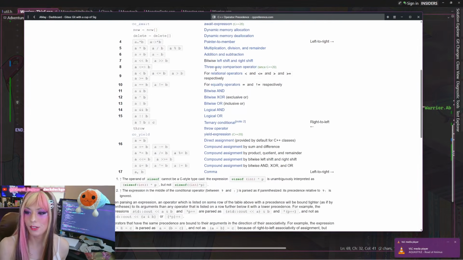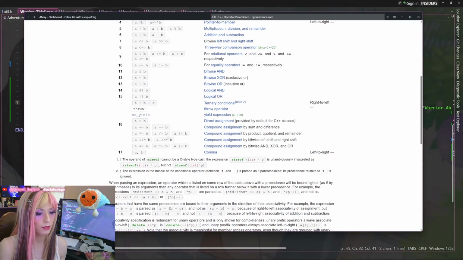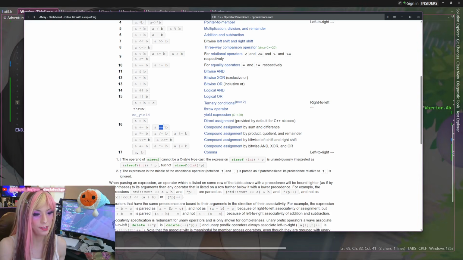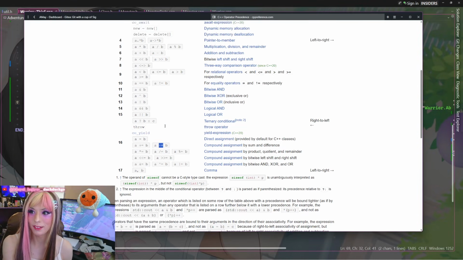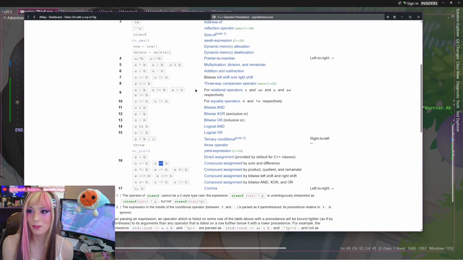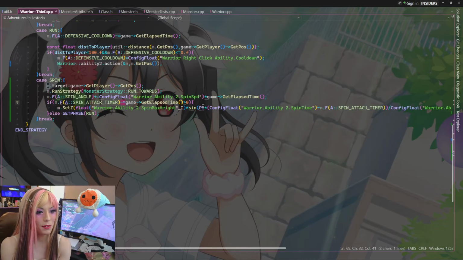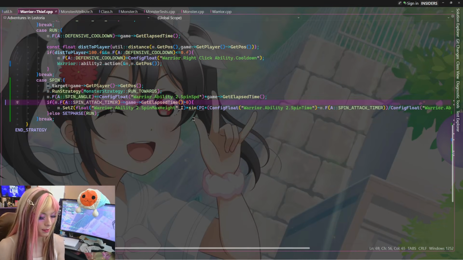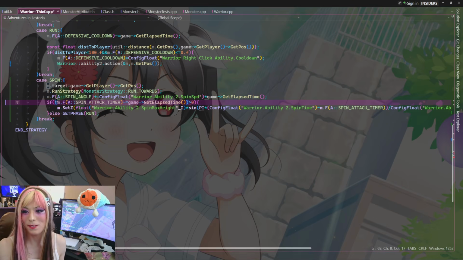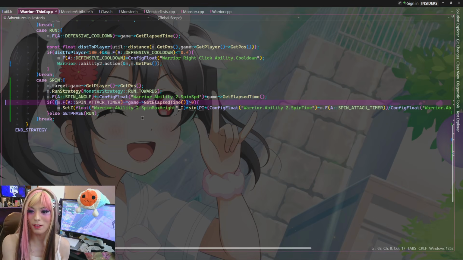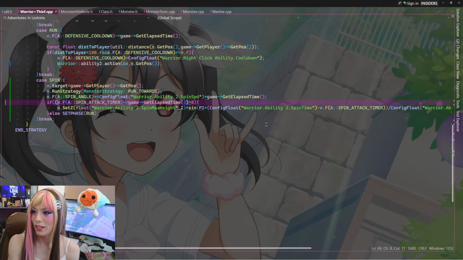Alright, so minus equals is 16th. Uh-oh. Okay, so greater than is higher precedence by a lot. So this is not the code I intended to write. Oops. So that would explain why the timer never ends, and that probably explains why it did something funny, because